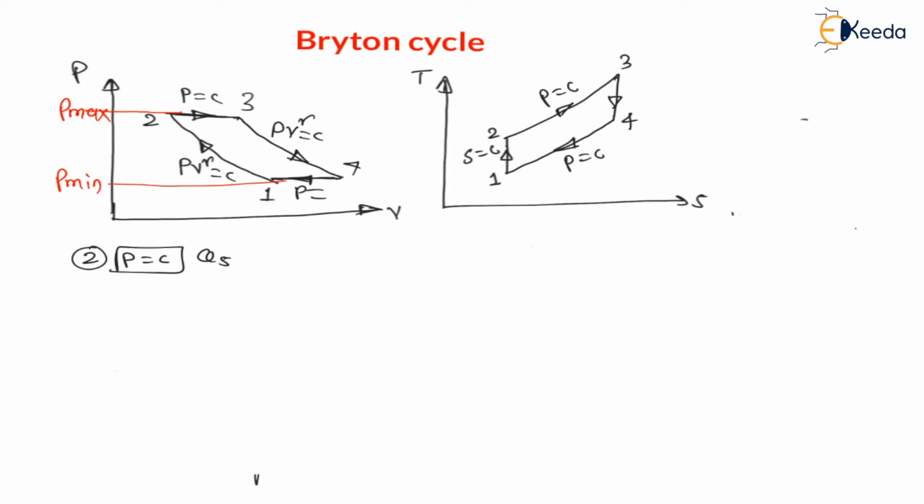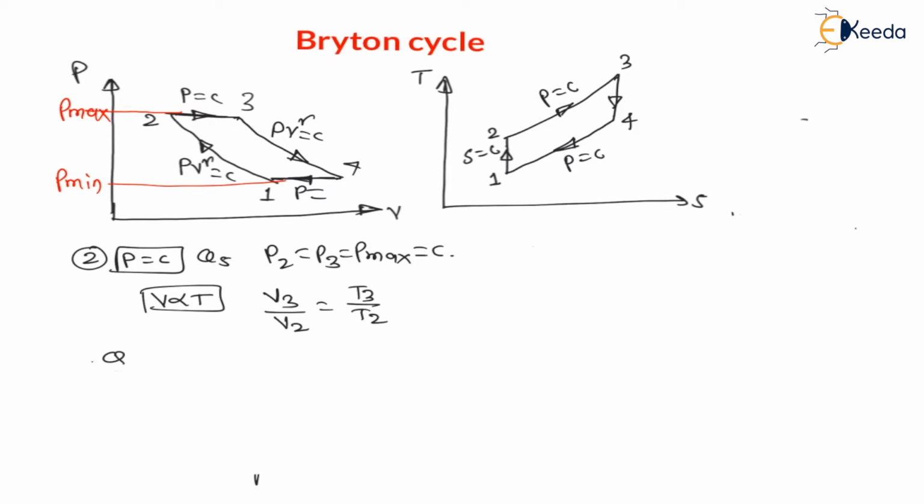Therefore answer must be positive, because at constant pressure, at any condition, if heat is supplied, the heat supplied to the system is positive heat. Therefore, as here P2 is equal to P3, which is nothing but maximum pressure in the cycle, is constant, right? Therefore, we know that at constant pressure, volume is directly proportional to temperature. Therefore, the volume ratio, that is V3 divided by V2, we can replace with T3 divided by T2. V3 divided by V2 is equal to T3 divided by T2.